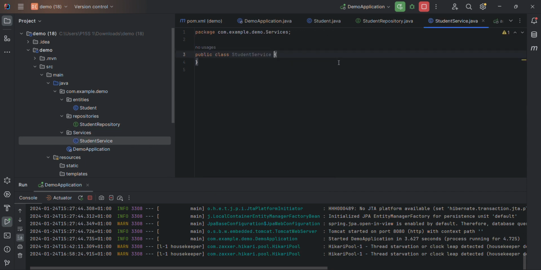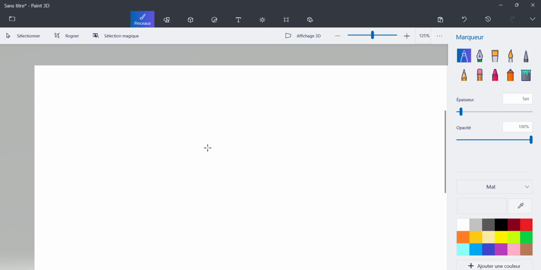So right now I'm gonna present you a new concept, which is dependency injection. So what exactly is dependency injection? Well, let me break down the dependency injection and explain it a little bit in theory. So, for example,